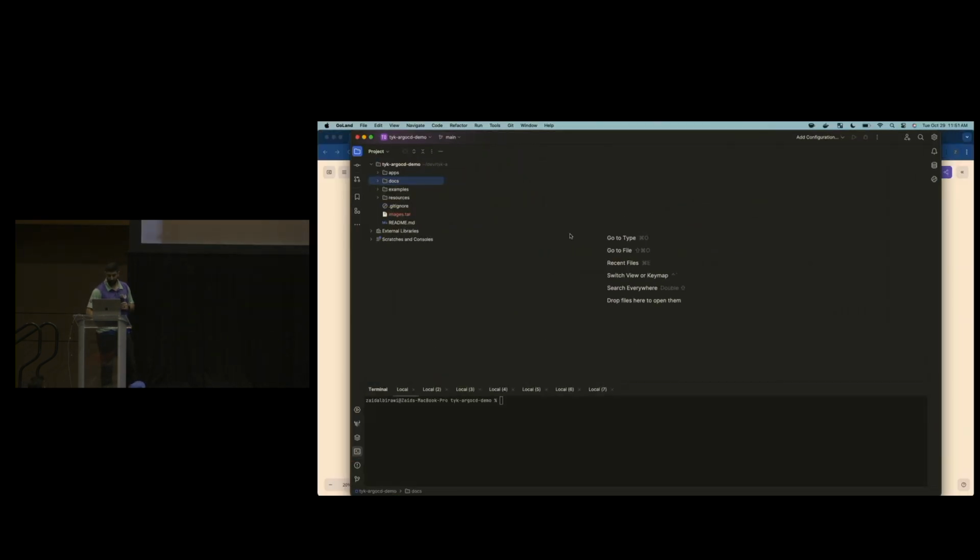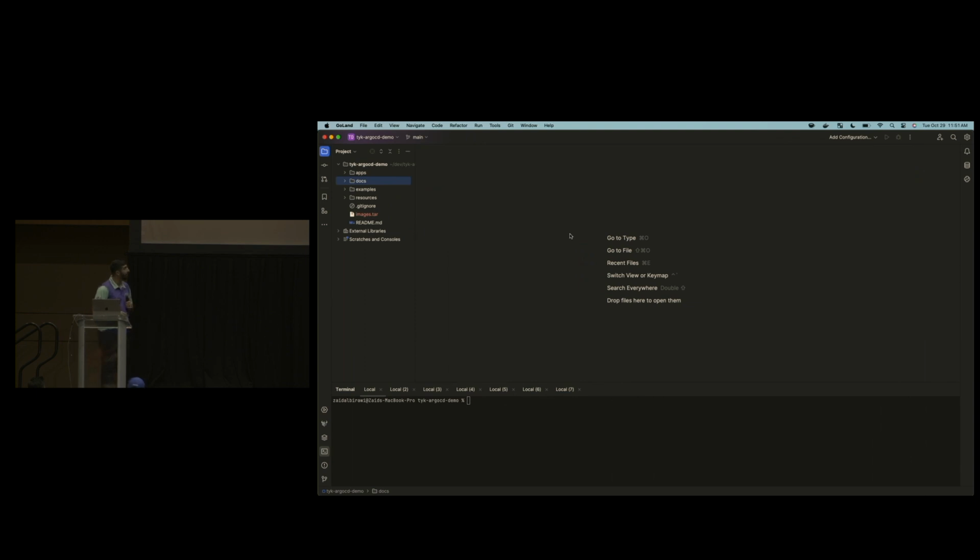All right, so the first thing that we're going to do is take a look at my Golang. Can you guys see this? Is that too dark? Is it possible to switch to light mode through here?